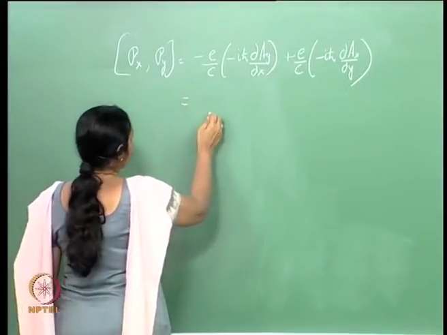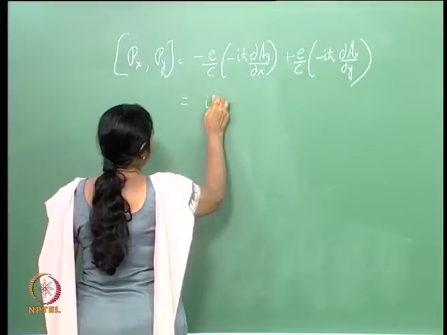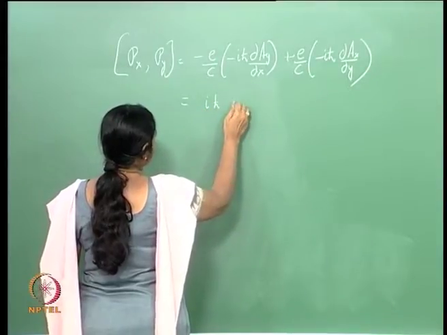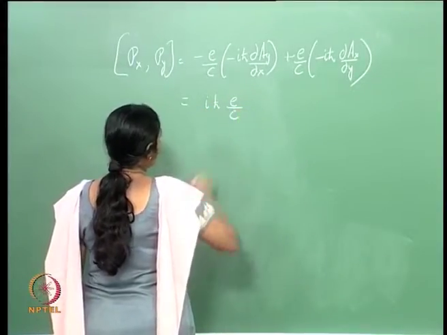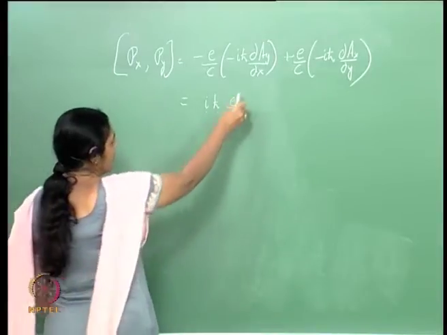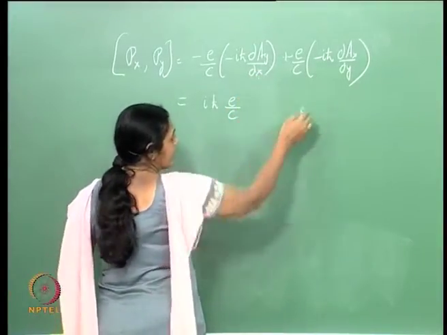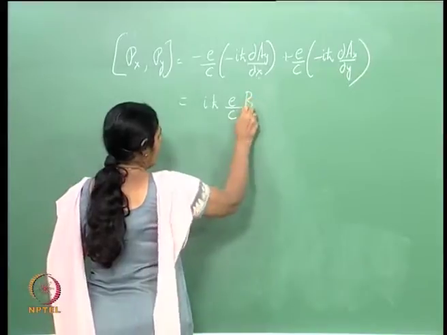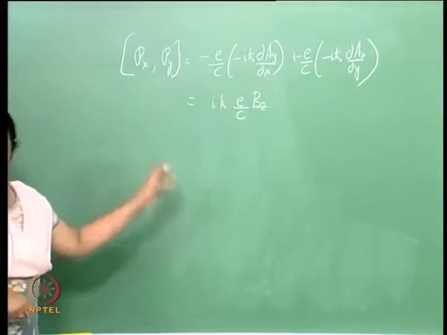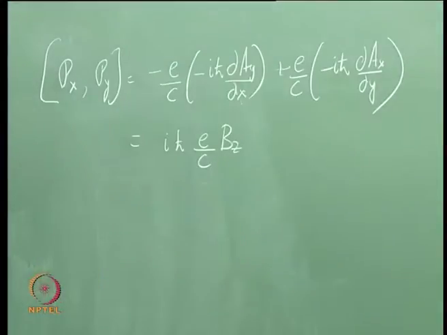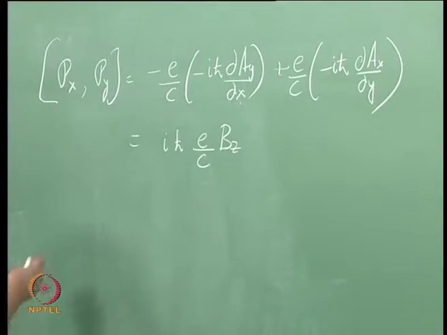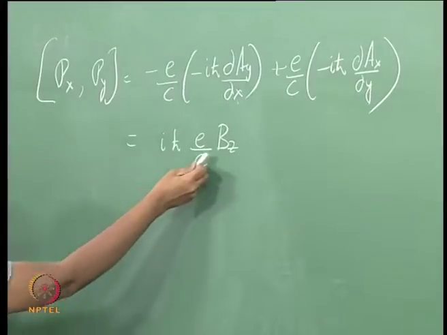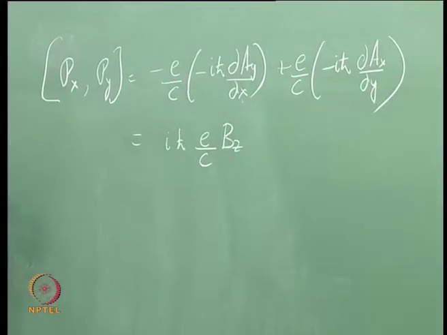So, that is the same as iħ e/c times ∂Ay/∂x minus ∂Ax/∂y, and that is Bz. As I said, right now I have not assumed the magnetic field to be along the z direction, but [Px, Py] is iħ e/c Bz,